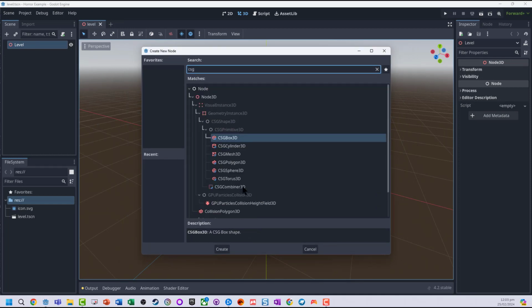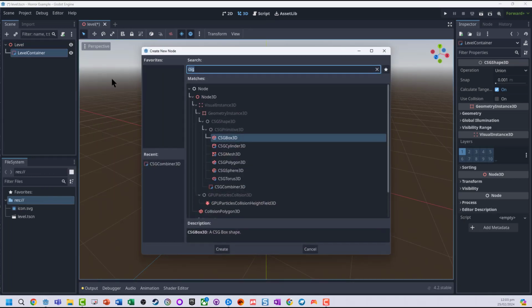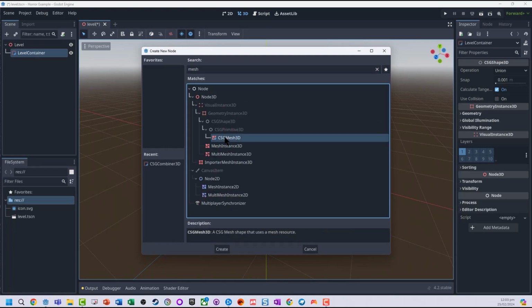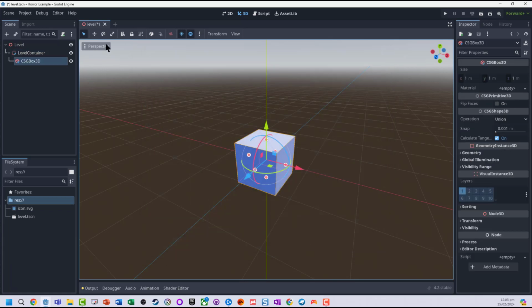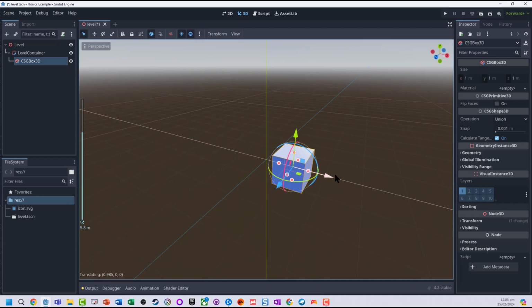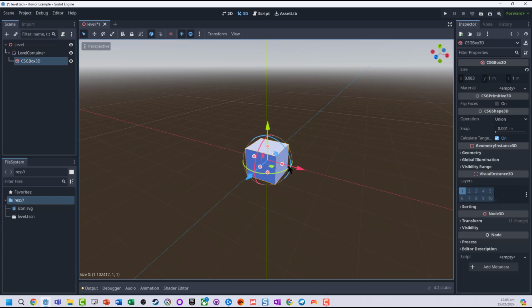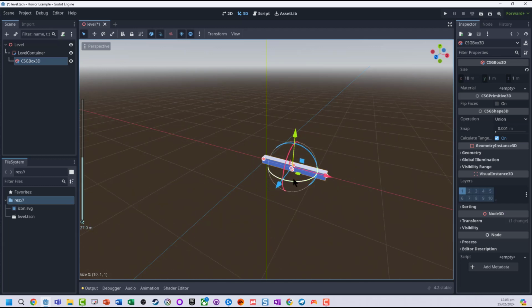So I'm just going to set up a CSG combiner as a group, as a level container, and we're going to add a bunch of other objects to it. I don't want a mesh, I want CSG. I'm just going to keep these as a box. I'm going to turn on some of our snap tools just so we can stretch these out relatively easily. Okay, and we want to snap to grid, make our lives a bit easier. I'm just going to build this into a 10 by 10,